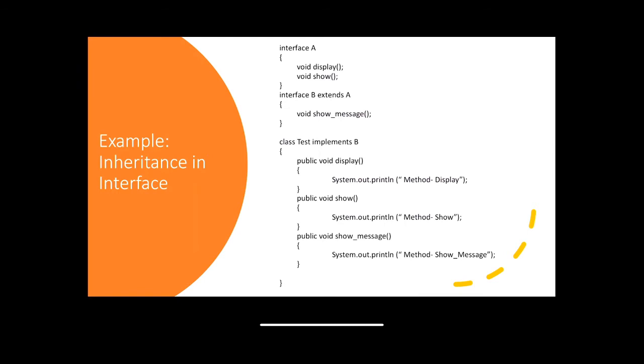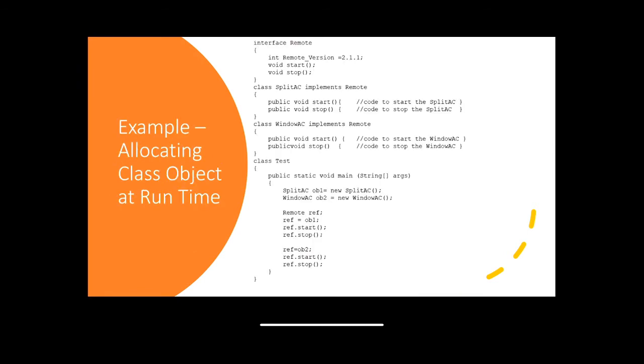Now, when two classes are implementing the same interface and giving definitions to the interface methods, there can be a scenario when one wants to resolve the calling of these definitions at runtime. This is done by creating a reference variable of the interface and assigning the objects of different classes to this reference variable to decide which definition has to be called.